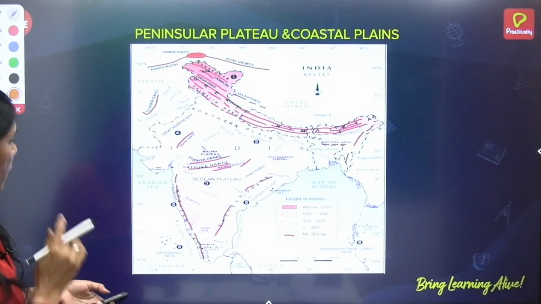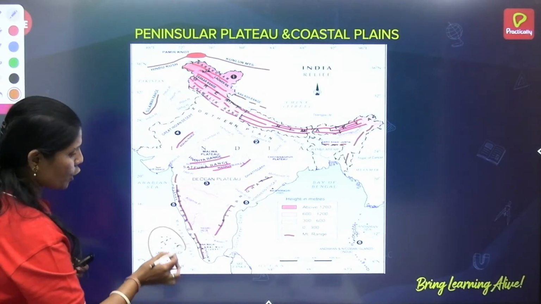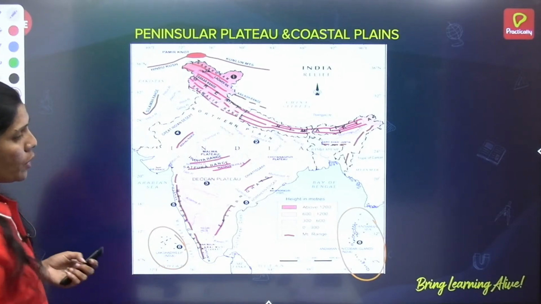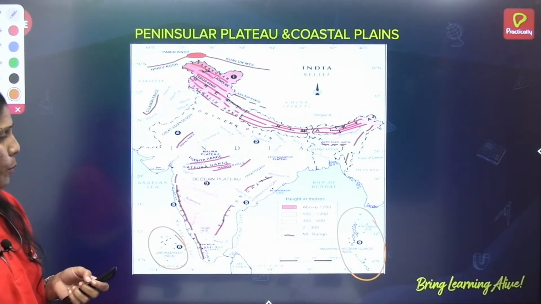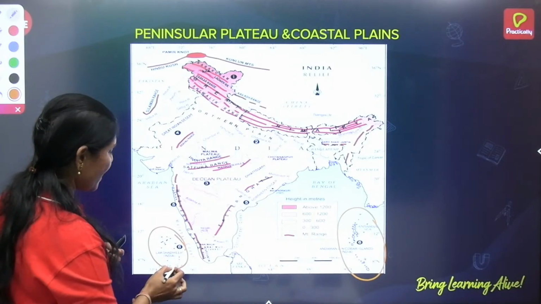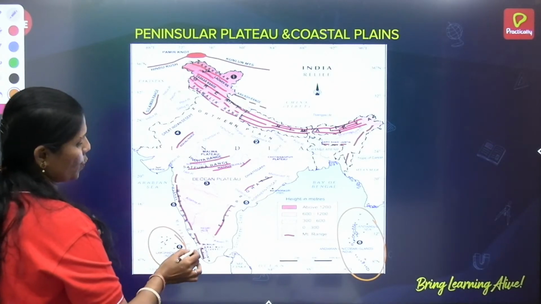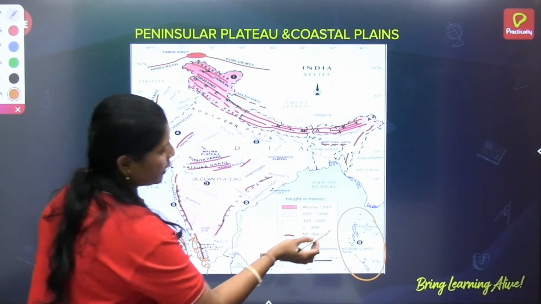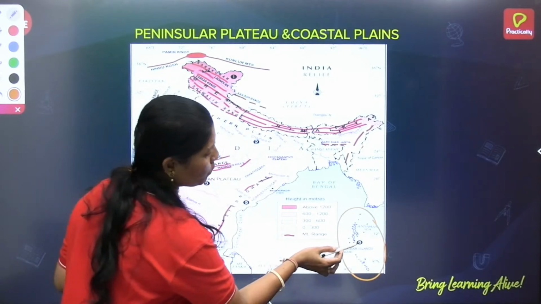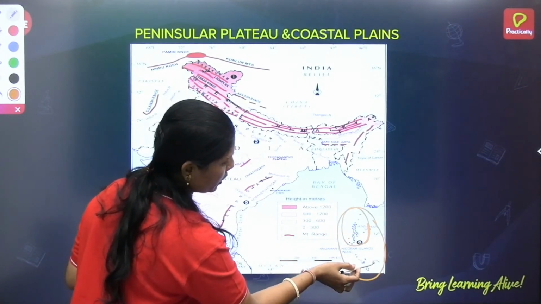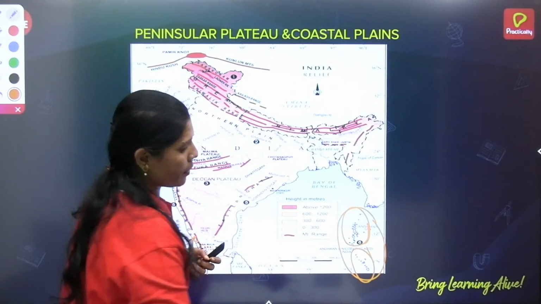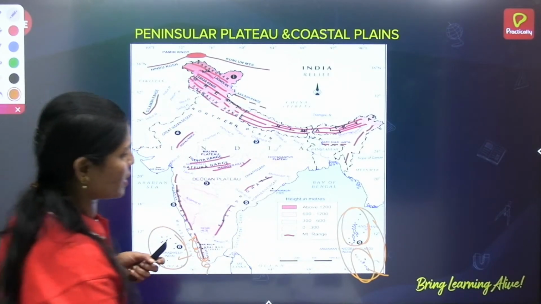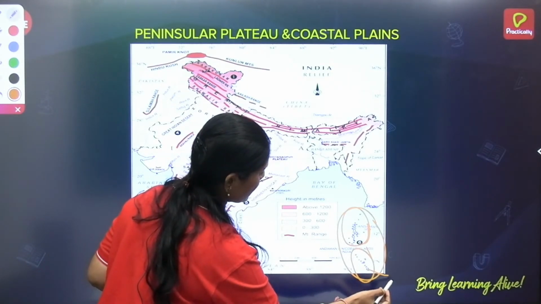Okay, so there are two island groups in India. One is Lakshadweep and the other one is the Andaman and Nicobar Islands. Lakshadweep lies in the Arabian Sea and very close to Kerala. And the Andaman and Nicobar Islands are a group of islands, one is Andaman, the other one is Nicobar. And in the previous first slide we came across that Indira Point lies in